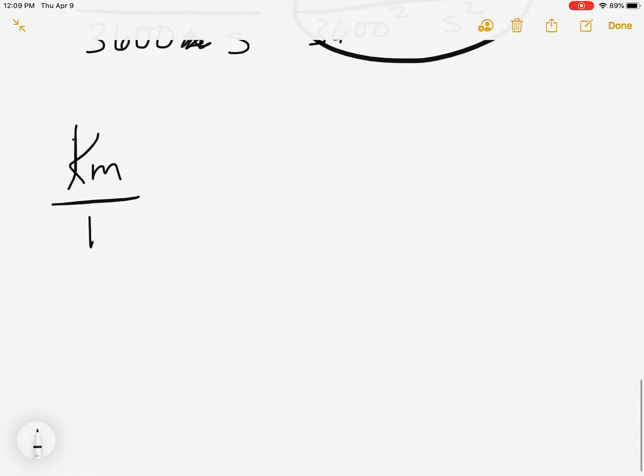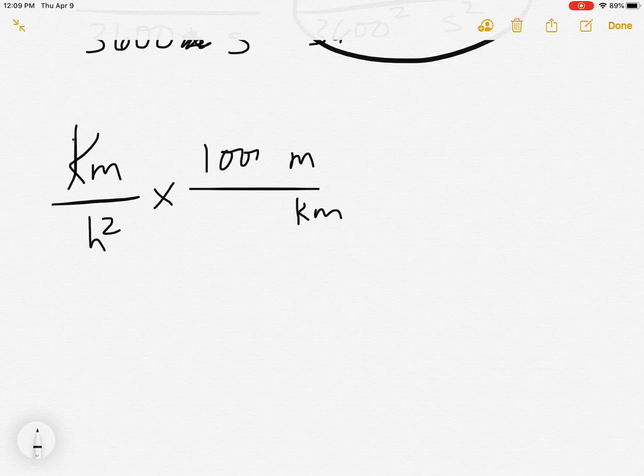Kilometers per hour squared. I'm multiplying by, first we were doing the meters and the kilometers. I'm just rewriting what we had written before. Now my new factor is hours squared. So I'm writing in hours squared and meters squared. Well, there's 1